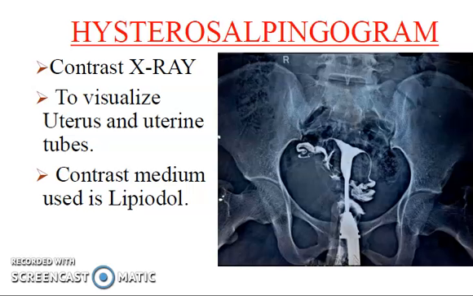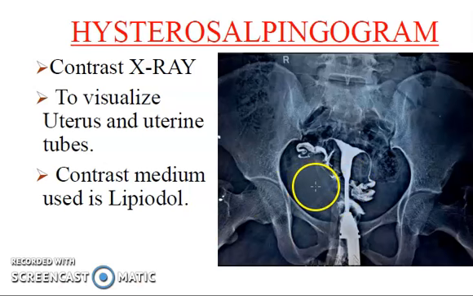So what are the indications of doing hysterosalpingography? The first and most important is infertility. In infertility, we have to demonstrate the patency of the fallopian tubes and the communication with the peritoneal cavity. Here you can see this is the fallopian tube and the spillage we can see in the peritoneal cavity. It means if it is patent, we can see the communication with the peritoneal cavity. If it is obstructed or obliterated, then this fluid will not be seen in the peritoneal cavity.